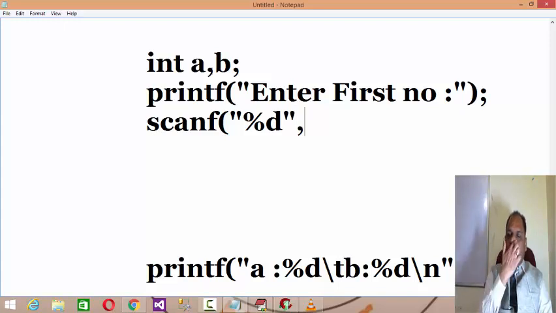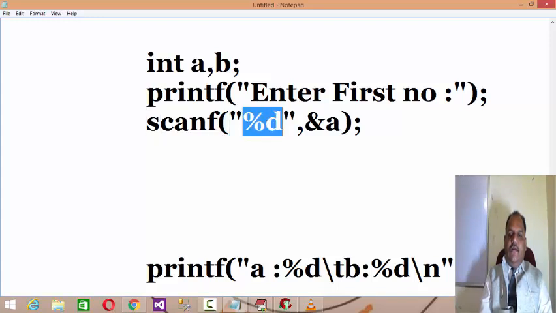Scanf will read the value, printf will print the value. Read the value in the format of decimal and store that value in the memory address of a. This is the syntax of scanf. Try and understand that printf will print the comment as well as the value of variables, what we discussed recently.